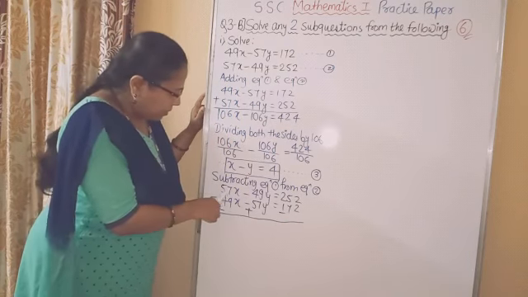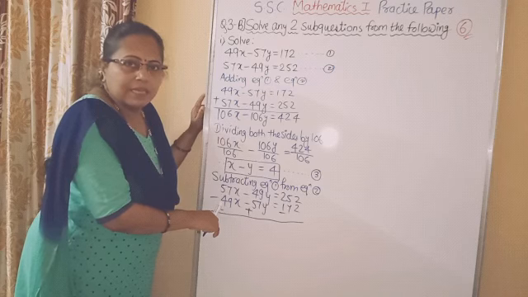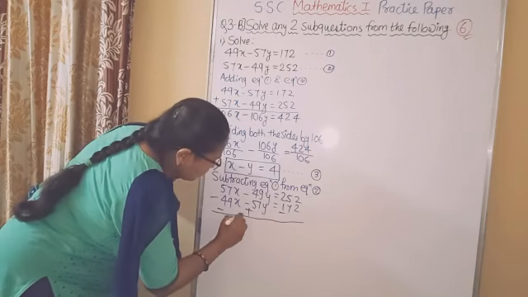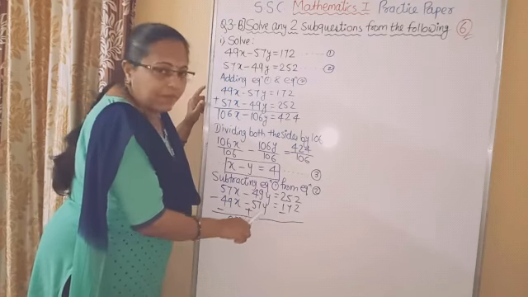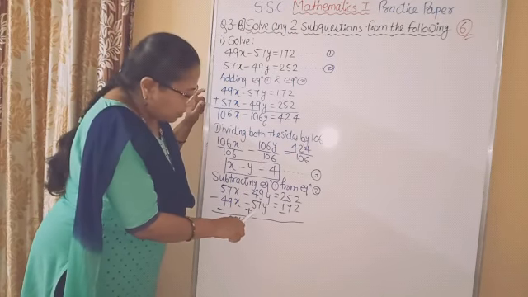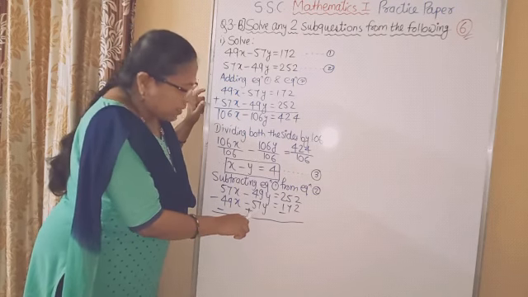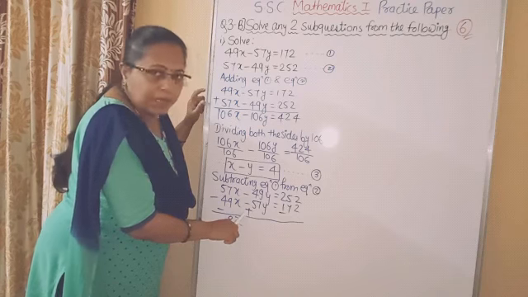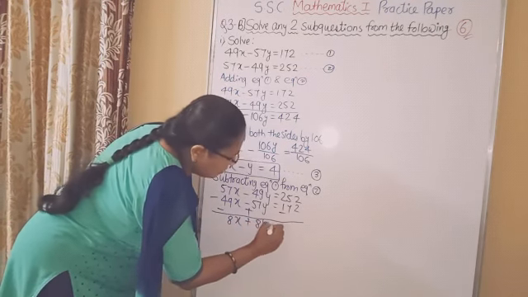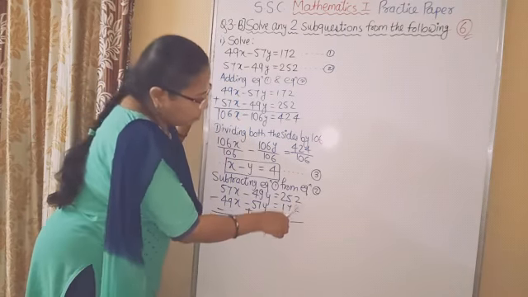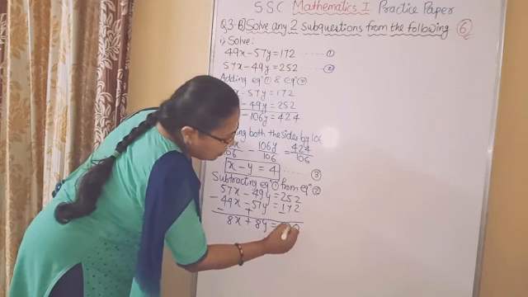Now subtract. 57 minus 49, answer is 8. So 8x. Now minus 49y plus 57y. You have to take this new sign. So here 57 minus 49 again 8. But here 57 is the greater number. It is having sign plus. So here you have to write plus sign. Plus 8y. Now subtract this. 2 minus 2, 0. 15 minus 7, 8. 80.